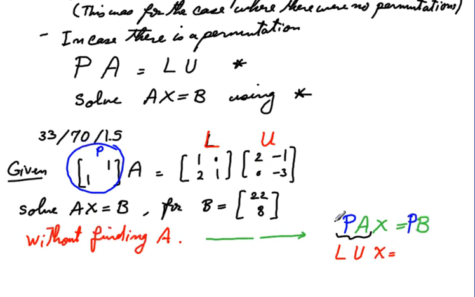P times B. What is P times B? Well, let's just go ahead and do this in our head. P is this permutation. When you apply it to this matrix, what does it do for you? What happens? This is a record of swapping the two rows, is that right? So when you apply it to B, it just flips it over. That is typically referred to as B prime. So make sure you realize that the right hand side has to undergo the same flipping. Okay, now